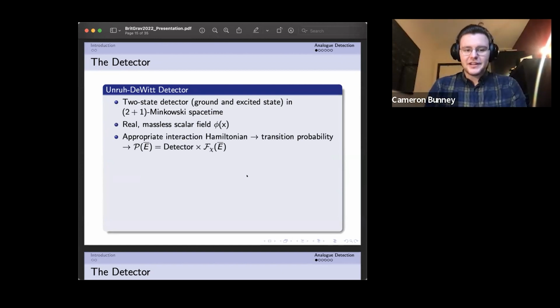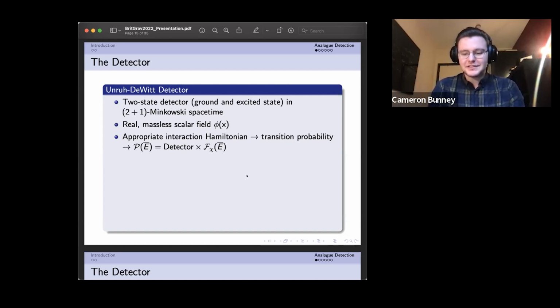And then if we choose an appropriate interaction Hamiltonian, by this, I mean that whether we're considering a temperature or not determines which interaction Hamiltonian. This is because during the calculation, one uses a Wightman function, which in 2+1 dimensions, the thermal